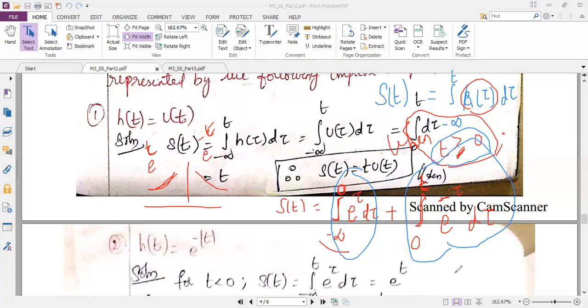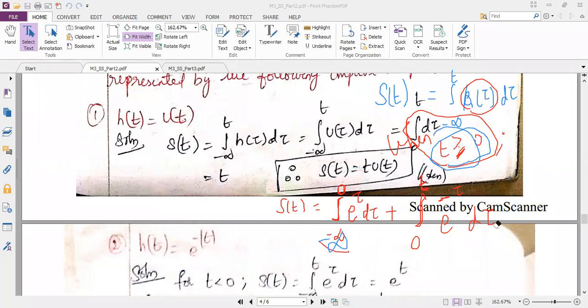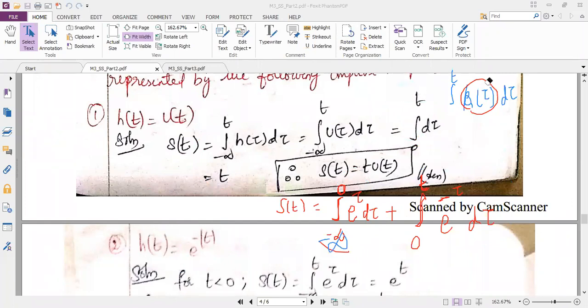So this is one of the typical problems where it involves the magnitude. Magnitude means I cannot separately find the s of t for only t greater than or equal to 0. I have to consider this lower limit. I have to split the integration. That is the main thing here: minus infinity to 0 and 0 to t. So I want you to just solve the integration and get me the answer. And mark this is important. I have seen this question in almost all the papers because this is a confusing question.